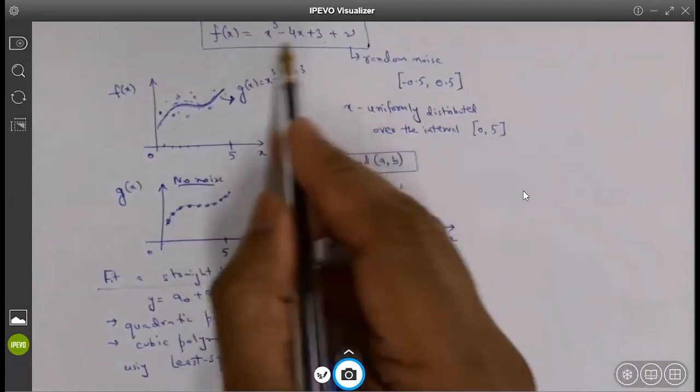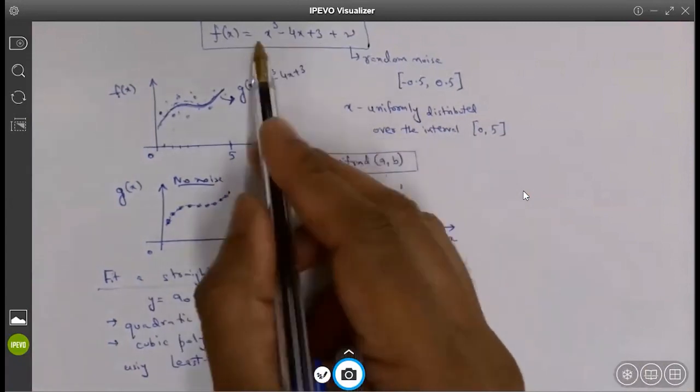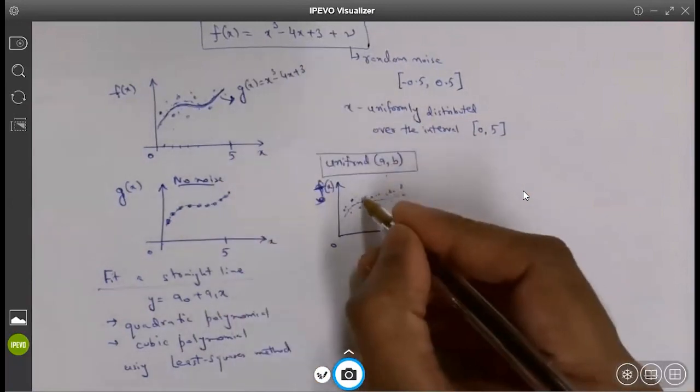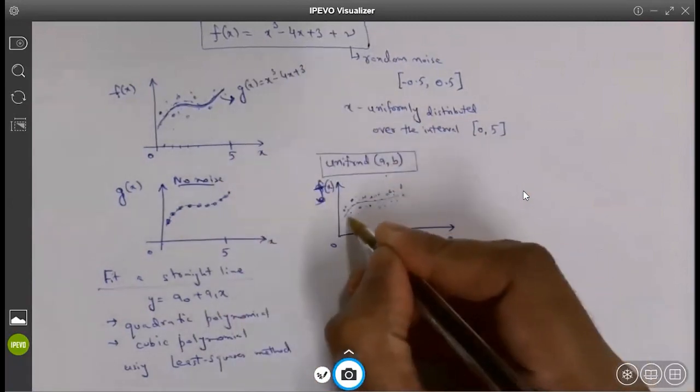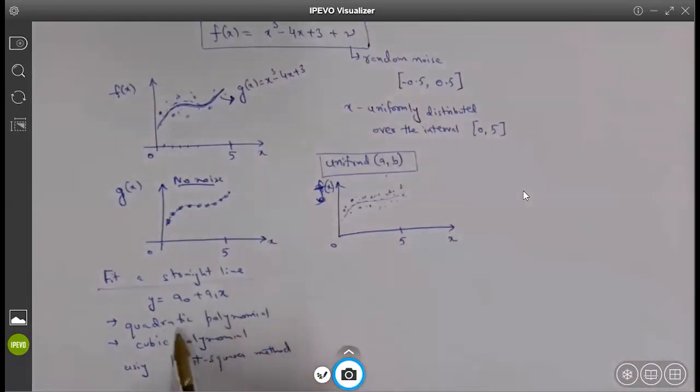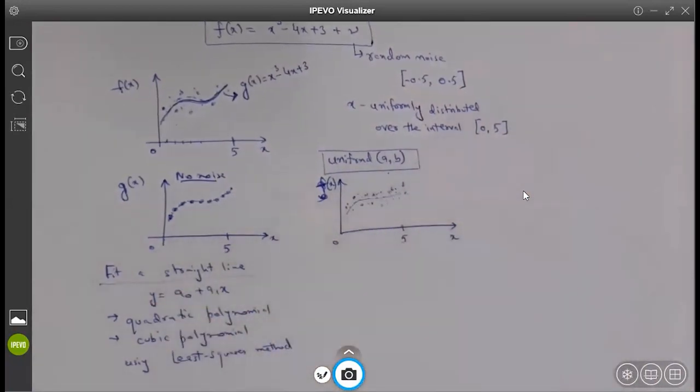The trend, the mean line, is given by this function, and with the noise the data points will be here. Now with these data points, if you fit a straight line, quadratic polynomial, or cubic polynomial using the least squares technique, how are you going to do that? That is what number 3 is. Let me know if it makes sense or if you have any questions. What we do is use the MATLAB random number generator for the intervals, plug it into the function, and then.